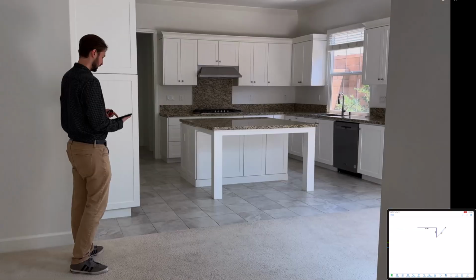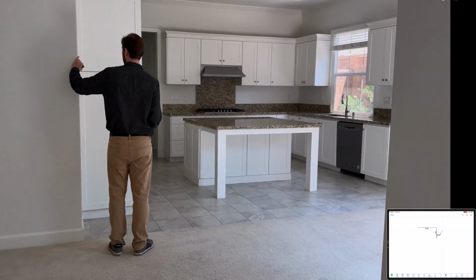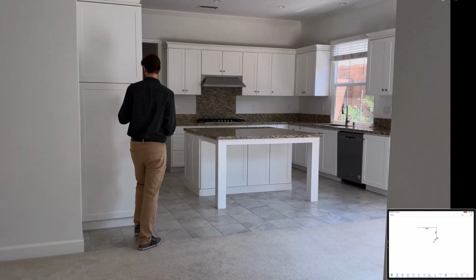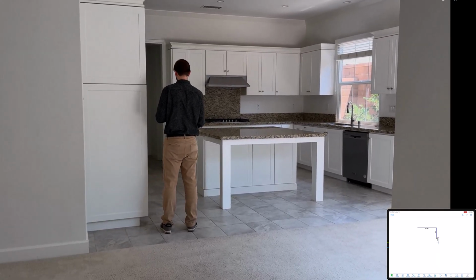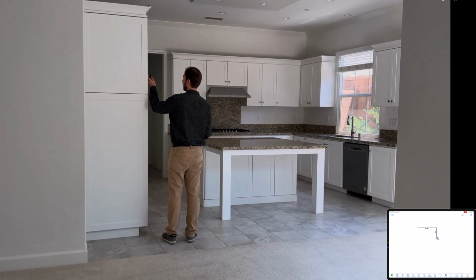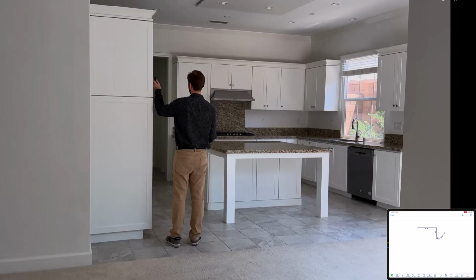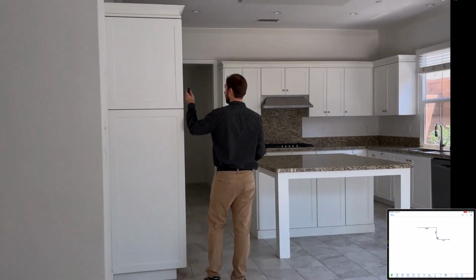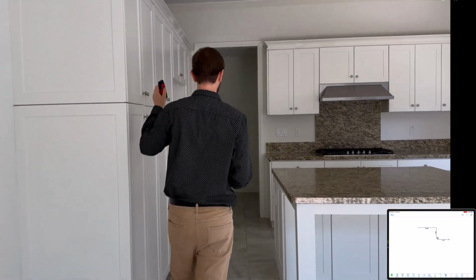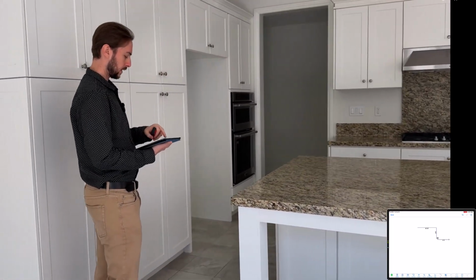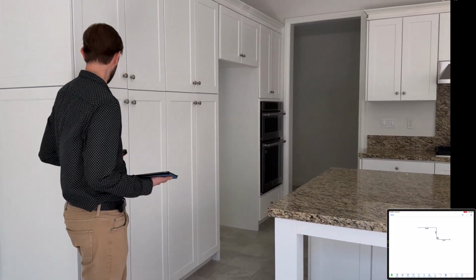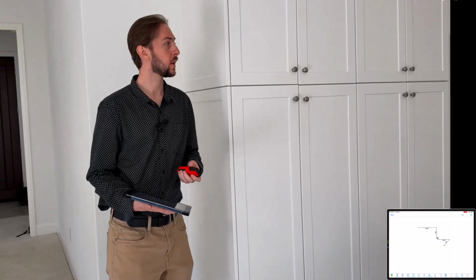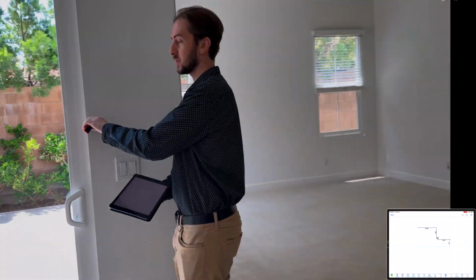And then we're going to grab this wall here. We come out. Try to keep the laser as steady and level as possible, so that you're not adding any extra onto your measurements. And then I don't need to really go around the whole room. These are all 90-degree angles, so there's going to be a lot of parallel walls, and I can save myself some time just by measuring to the points,